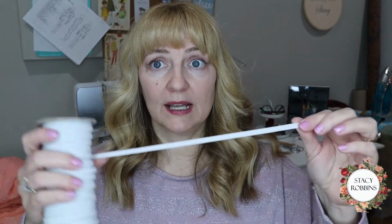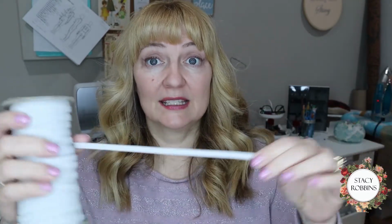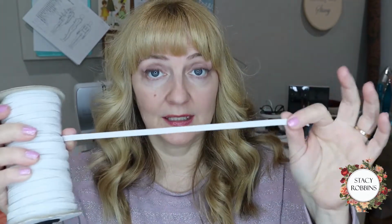But the other thing that you're going to need is a narrow elastic, because you trim out either bra with narrow elastic. I'm just going to show you, this is regular 1/4 inch elastic, and this is not, do not get this. This is not what you want. You could do it with this, but it's not going to be as comfortable. What you really want is a plush back elastic, and that's really what we want. So get either white,